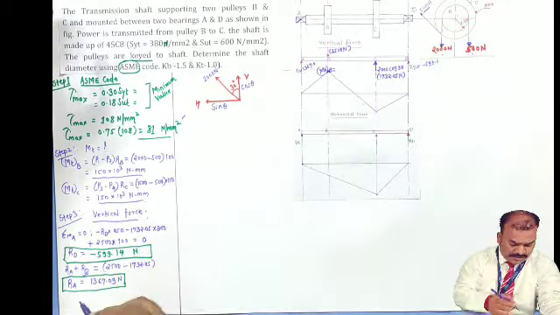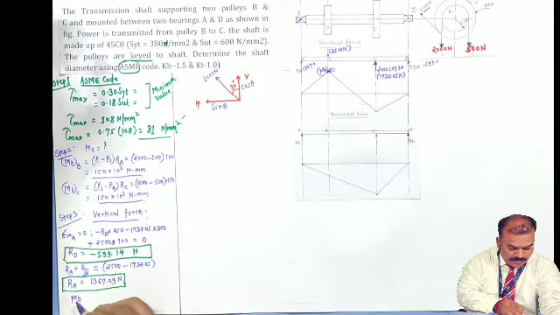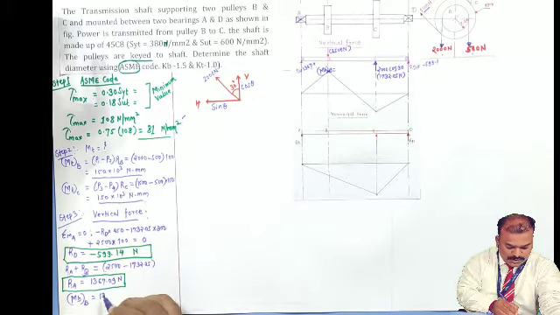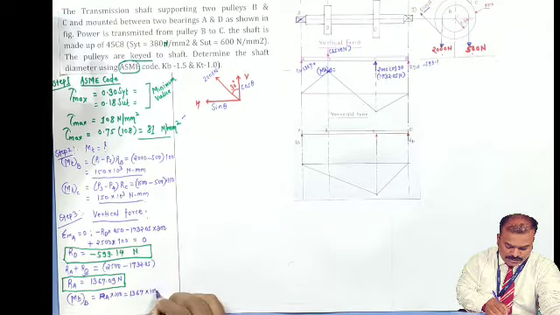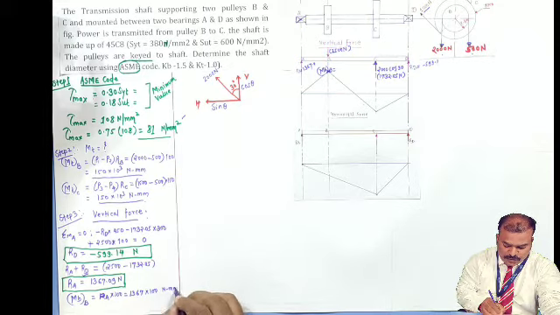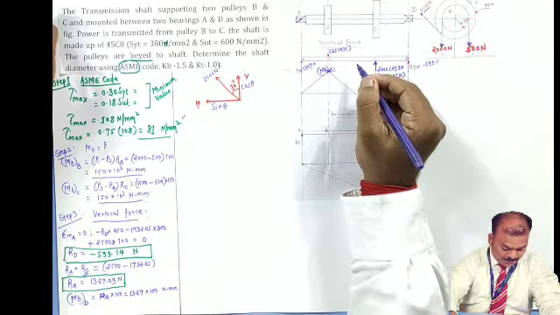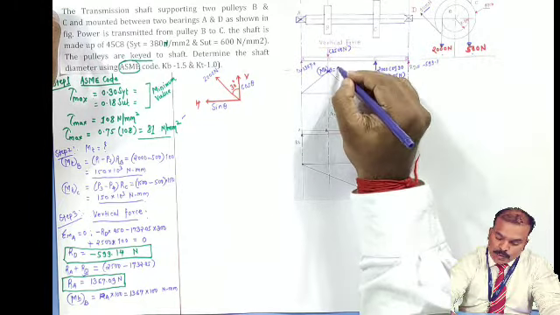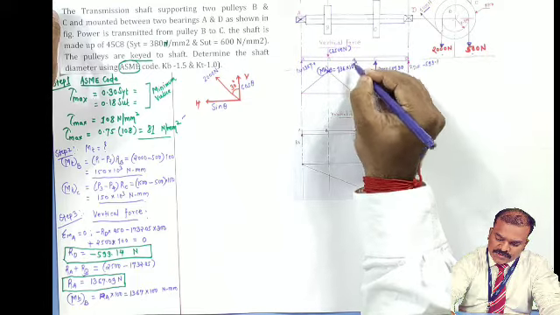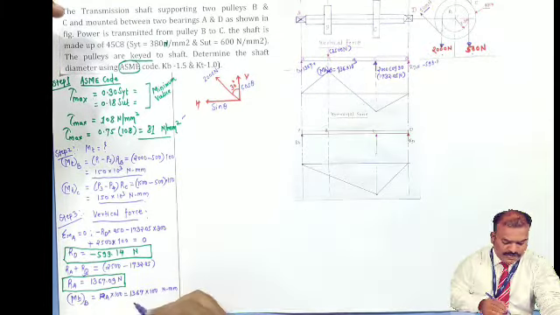So I'll write here bending moment at pulley B is equal to RA into 100, which is equal to 1367 into 100. So we will get the bending moment at point B. In short, I'll write directly 136 into 10 raised to 3, simplification. Clear? So the same value I have written.